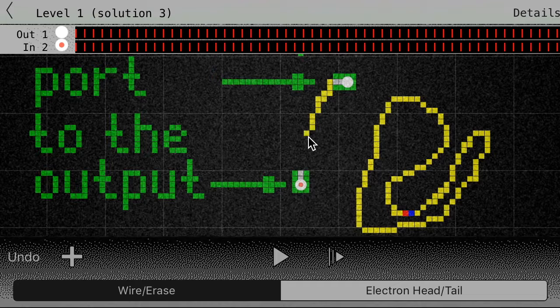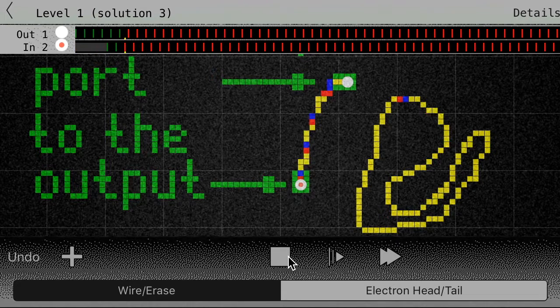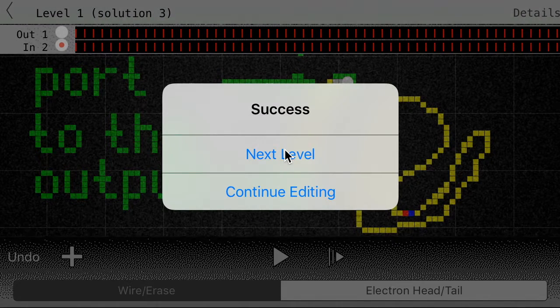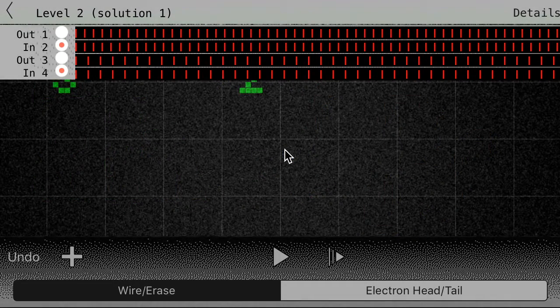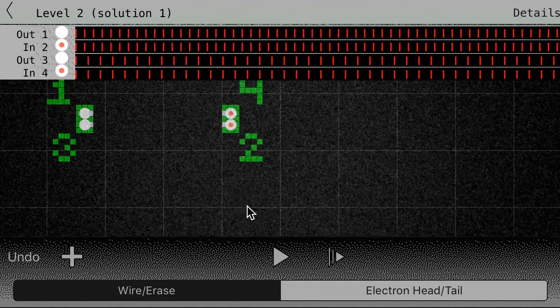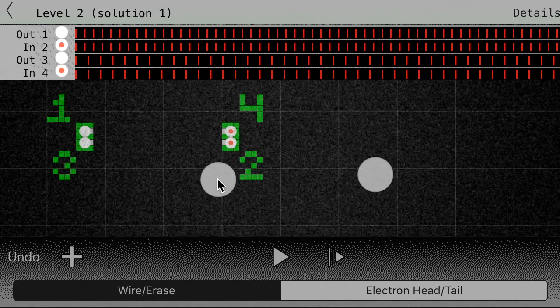So we have to draw a wire from one port to another and see how well it goes. Basically we are fulfilling this level and going to the next one. Next level is a bit more complicated. You have to connect as shown above